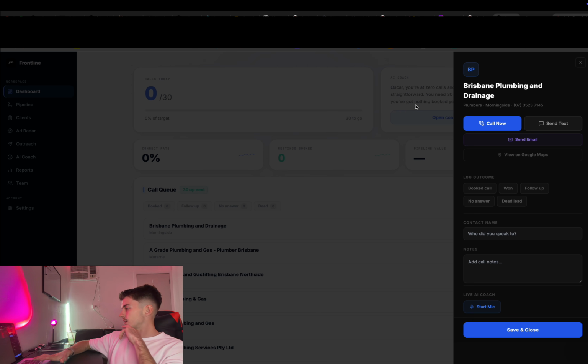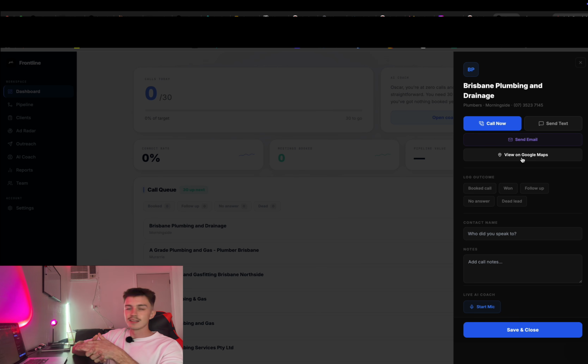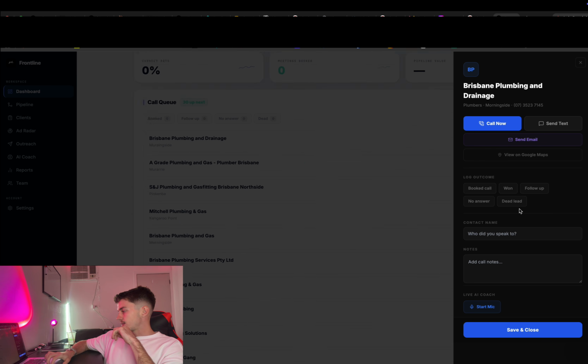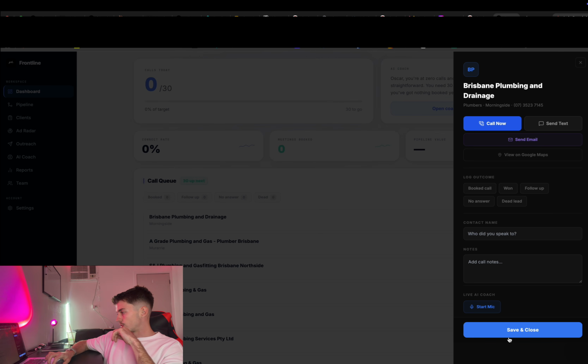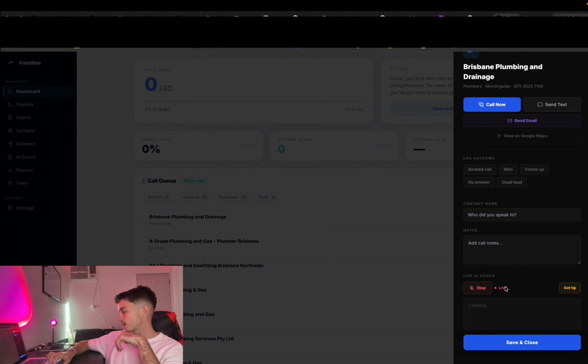Click on their lead card. You can see all their information, their phone number, call now, send text message, send email, or you can pull up their Google Maps page so you can actually see their Google business profile from inside here. Say you do go on to call the customer, you're dialing them, you can click the live AI coach, and